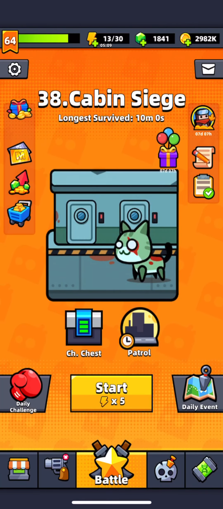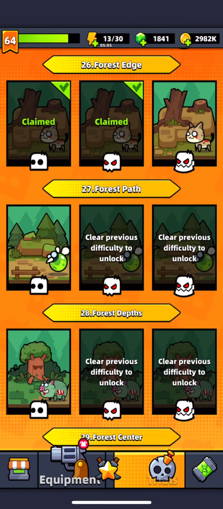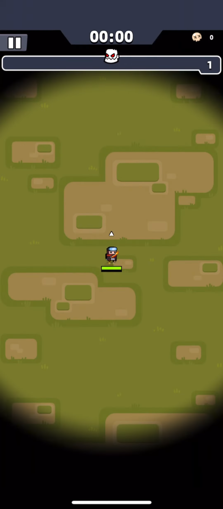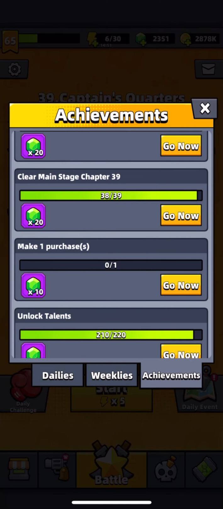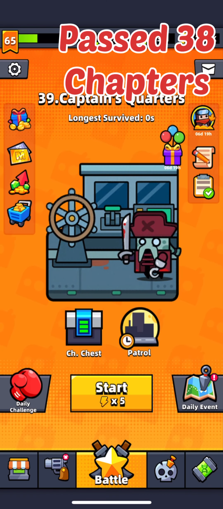Hello guys! You can find many different tier lists of skills, weapons and equipments. But do you know that we have official Survivorio tier lists? So guys, in this video we will take a look at them and I will shortly talk about what I think. By the way guys, who doesn't know, I'm a free-to-play player and I already passed 37 main chapters